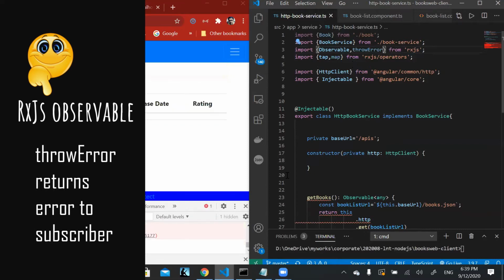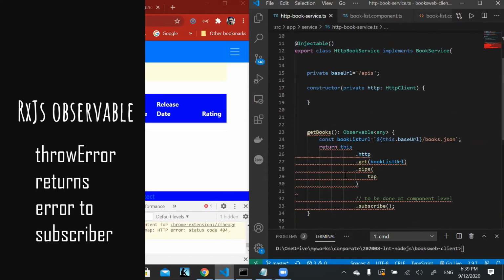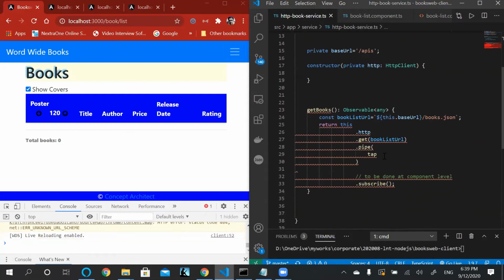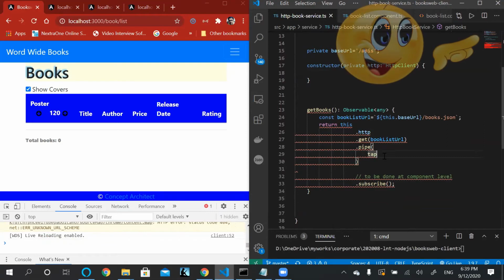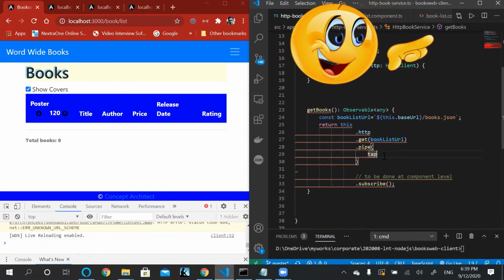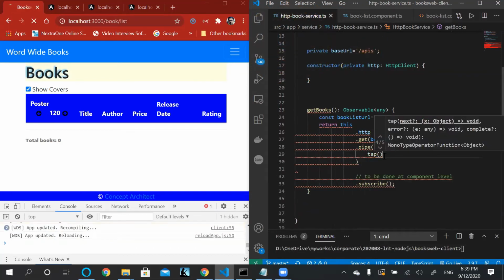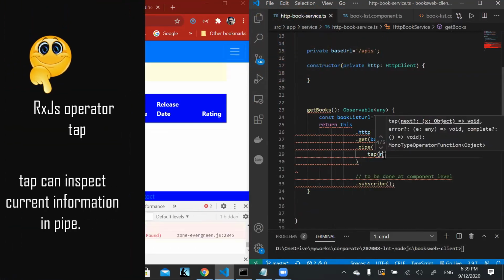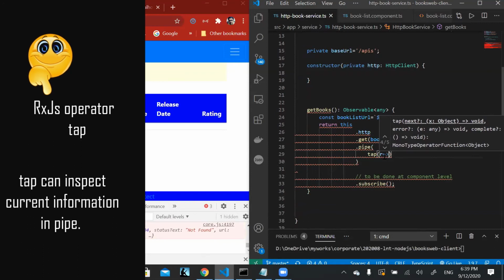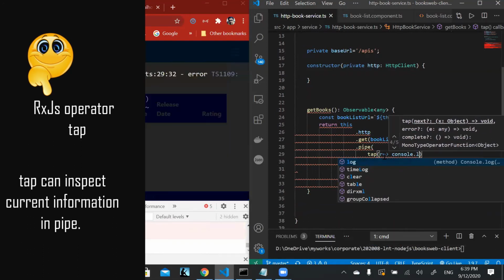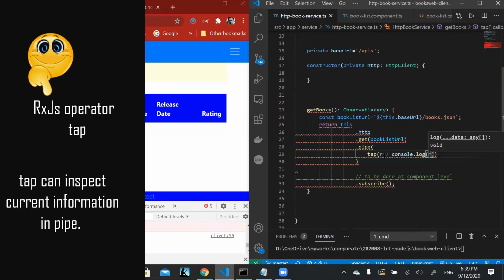So let us come here and try to see the potential of this tap and other things. I'm sure if you have gone through my RxJS tutorial, you would know how it works. So we'll come here and say tap, and tap will get the same response which we are getting from the server, and we'll simply say console.log the response here.